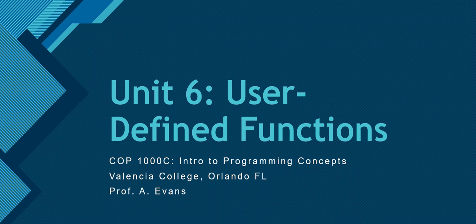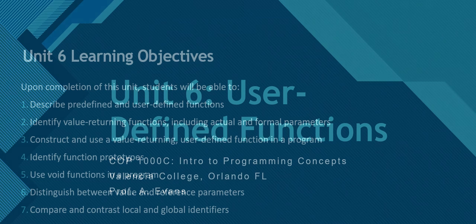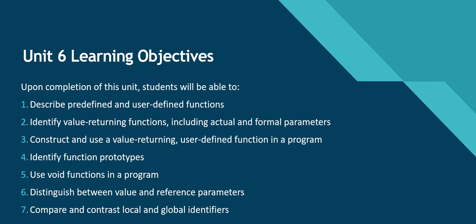This video is going to do some programming examples covering Unit 6, which is User-Defined Functions. Some of the learning objectives for this unit will be that you will learn how to describe predefined and user-defined functions, identify value-returning functions, including actual and formal parameters, construct and use a value-returning user-defined function in a program, identify function prototypes, use void functions in a program, distinguish between value and reference parameters, and compare and contrast local and